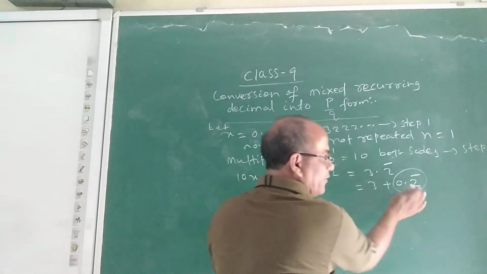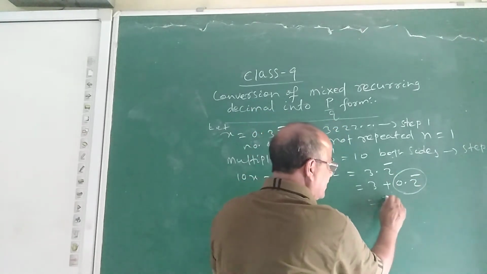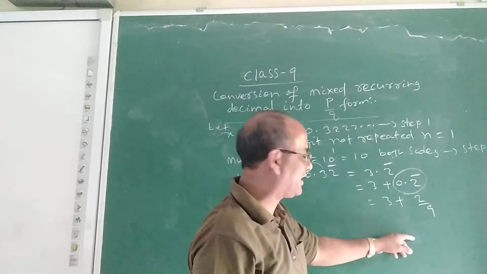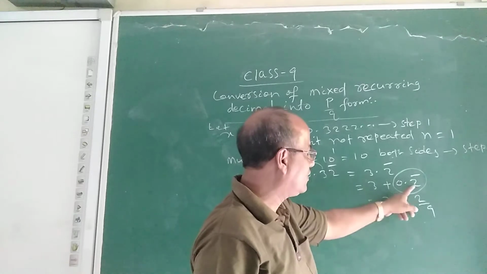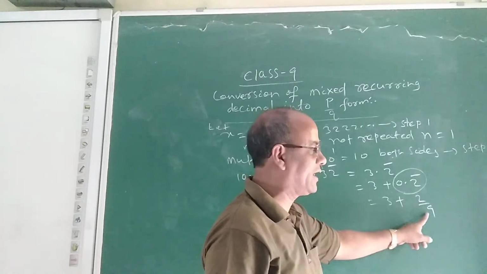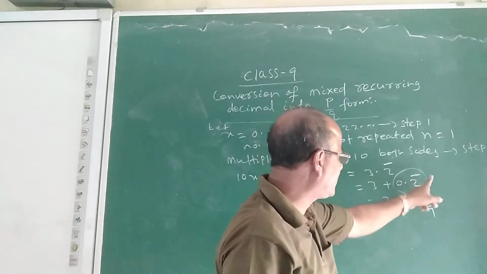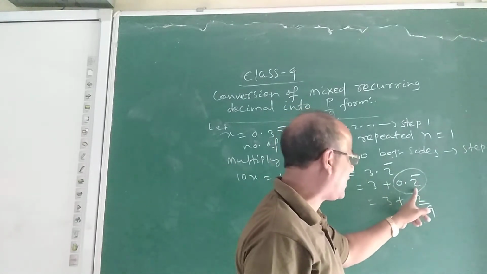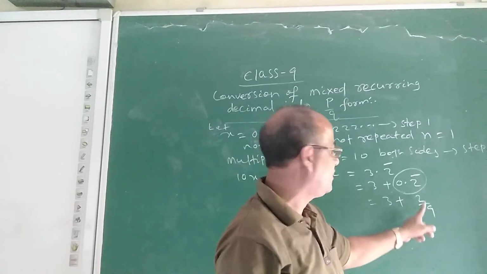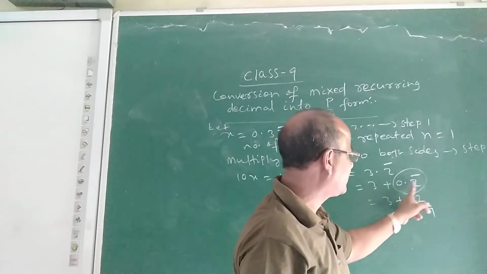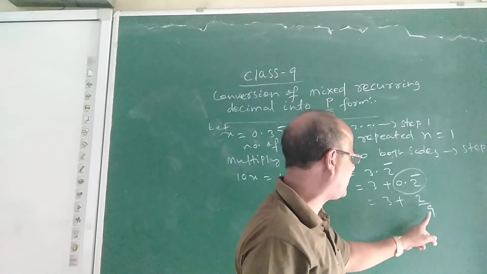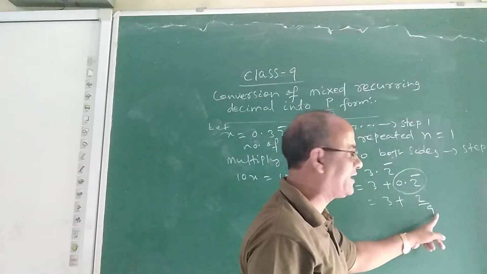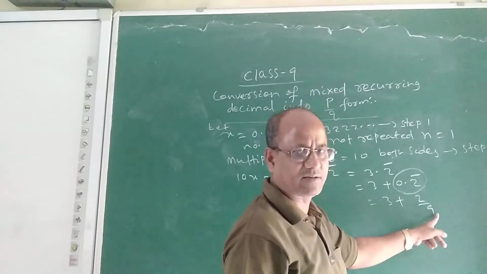And what will be the rational form? Already we have discussed. It will be equal to 3 plus 2 by 9. What is the trick? I have told you in the previous class that 0.2 bar means 2 by 9. Why 2 by 9? You remove the bar, 2 will be the numerator, and as the bar is on only one digit, the denominator will be 9. Had there been 2 digits, the denominator would have been 99. Suppose it is 25, it would have become 25 by 99, like this. That day we discussed this.